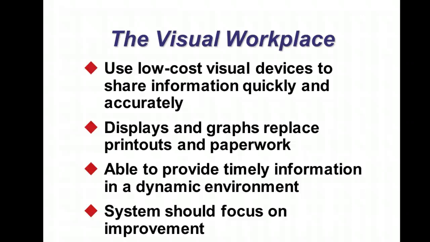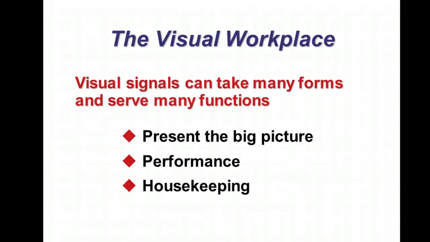Tied into this too, there are some no-brainer things that can be done very easily in a workspace, especially in a noisy environment. And the more visual type things cost very little, but the benefits are huge. So in a factory type setting, if you can have andons or kanbans or different things we'll talk about, visual devices to communicate, it's just far easier. It leaves very little chance for error and gives effective communication. That's what they're talking about in a visual workspace, to share information quickly and accurately.